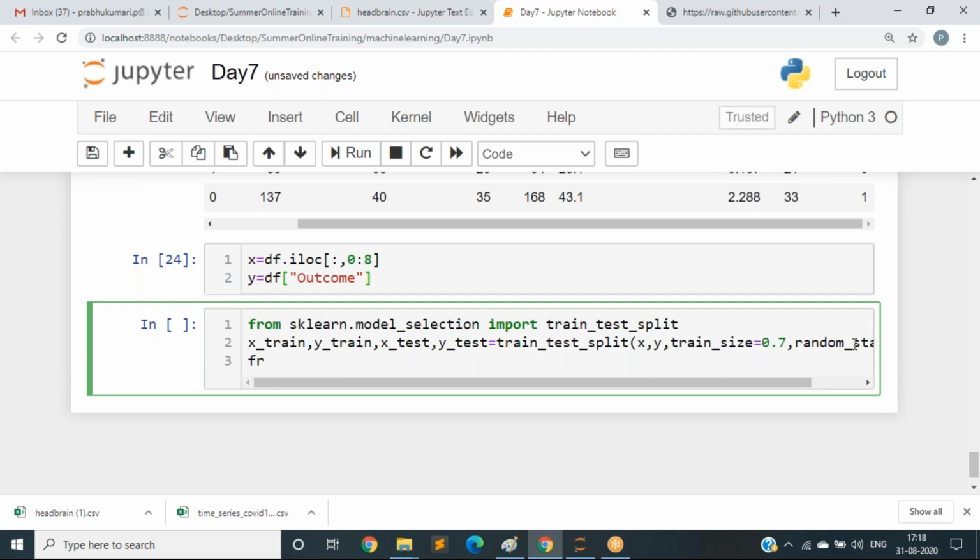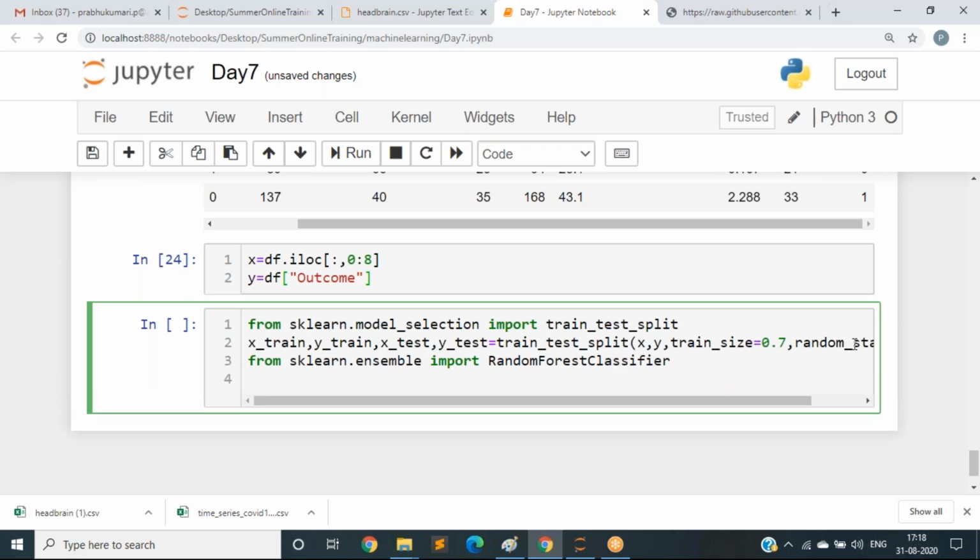And what is the algorithm we should import from sklearn? These algorithms come under ensemble algorithms, so we should import from sklearn.ensemble import RandomForestClassifier. Next, let us create a model, that is, an object.